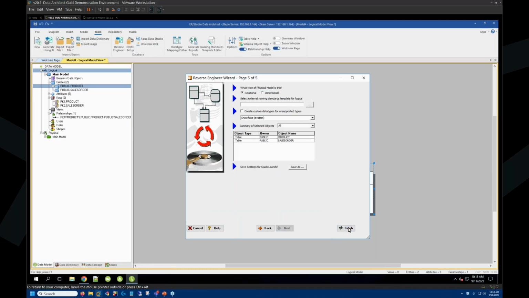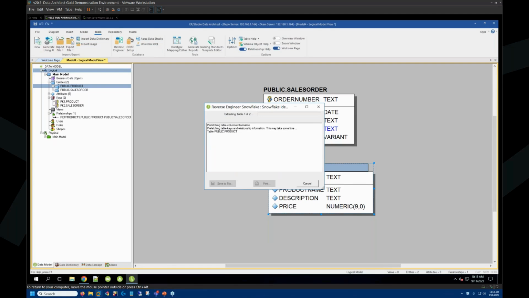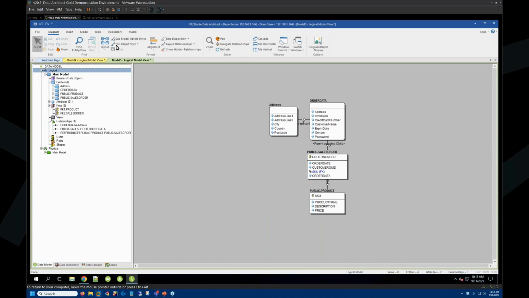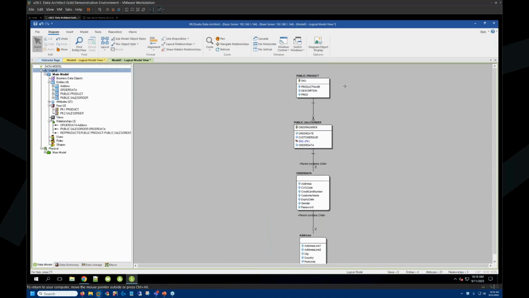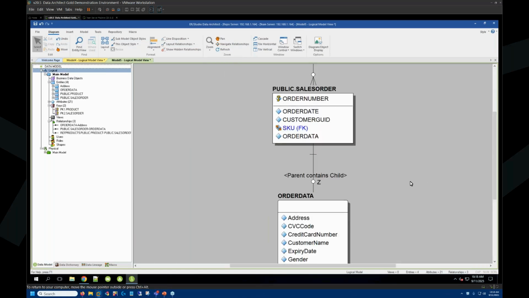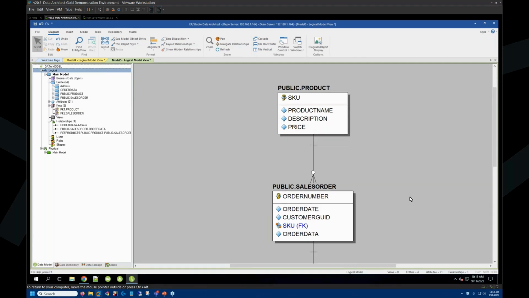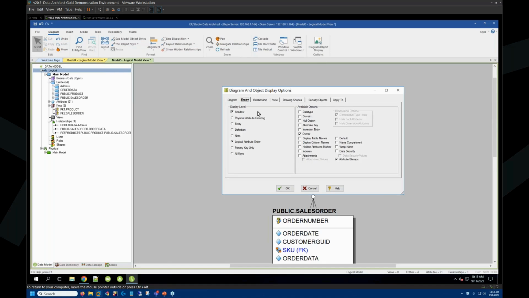We're going to get another model on this next reverse engineering path where we've chosen to actually parse out that variant. And look what we get now. And I'm going to go ahead and take this and go to hierarchical. So we still have our product. Hopefully you guys can see this. Maybe go to 200%. We still have our product and our sales number, but let's take this so you guys